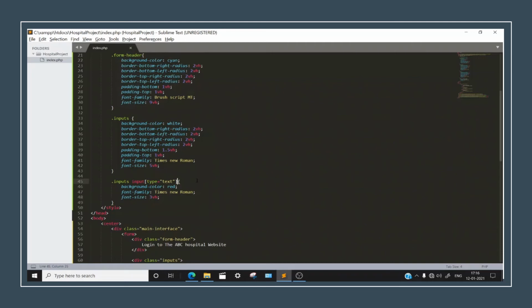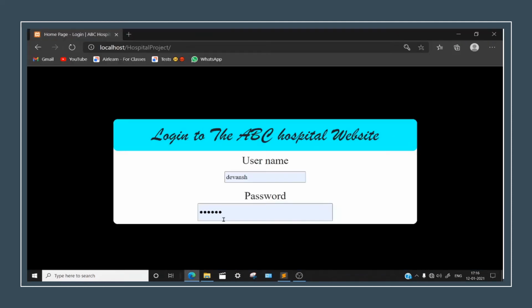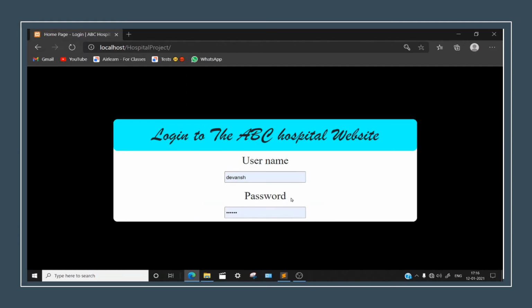Okay, now let's copy this part. I added one comma there, so that this can be inherited by both the types, that is password and text. Wait a minute. Password. Okay. Control R. Okay, so now this looks fine.